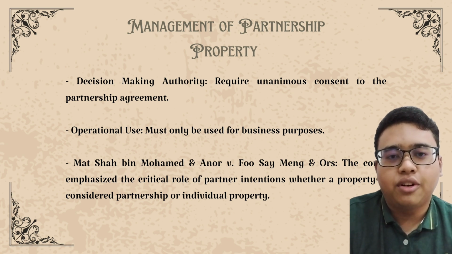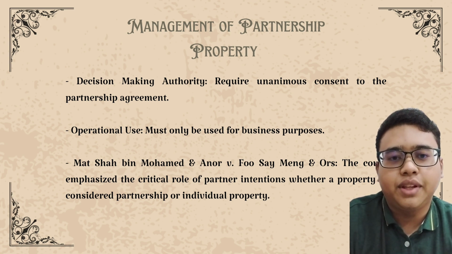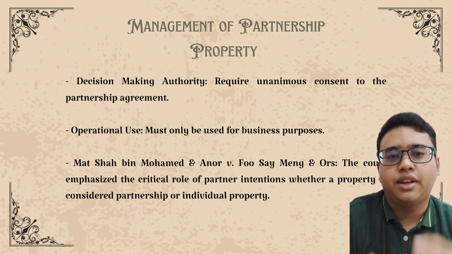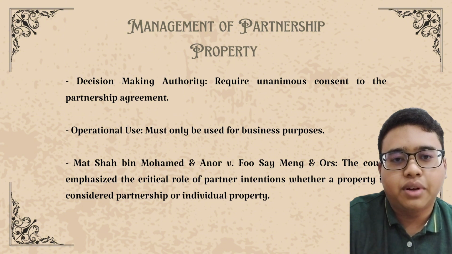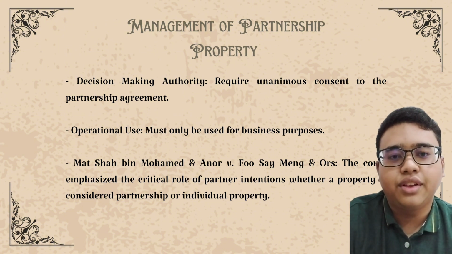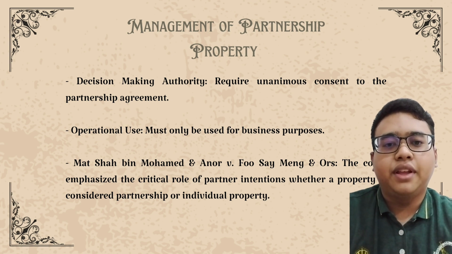The ruling reinforced that the management and use of partnership property must strictly align with the partnership's business objectives. This case illustrates that when partnership property is used appropriately, it not only supports the firm's financial stability, but also protects the interests of all partners, ensuring equality and preventing